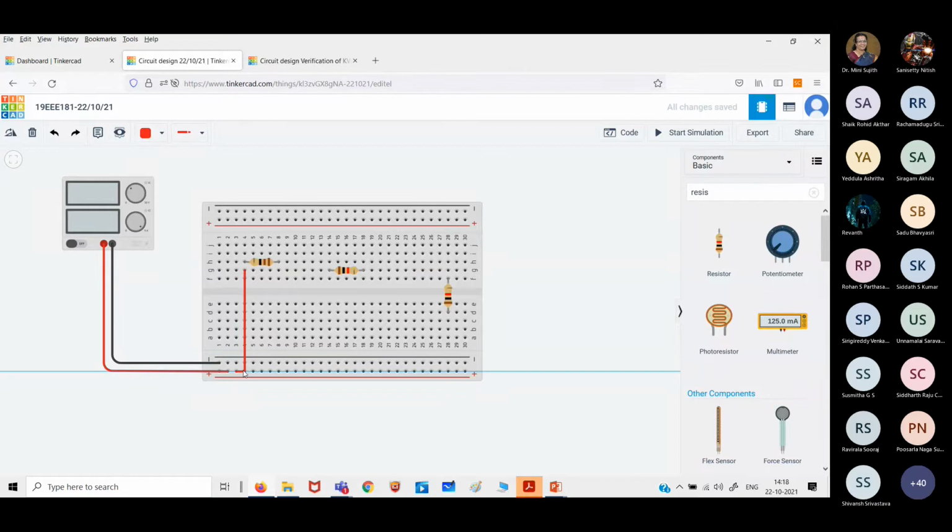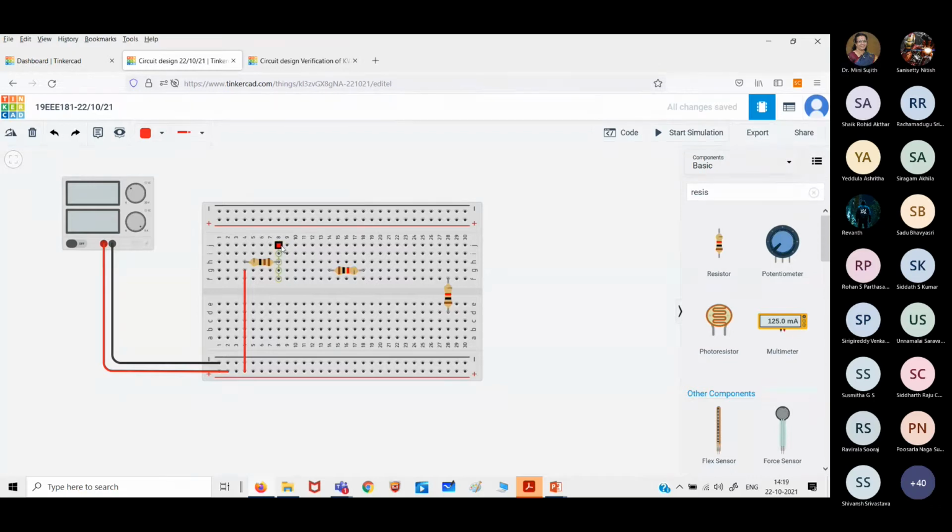Let me, one second. I'll delete this wire. This is fine. So this is the first connection you have done, from positive of the supply to the 11 ohm resistor. Done, everyone? What about others? Okay. So now you see immediately after the resistor we have an ammeter, correct?